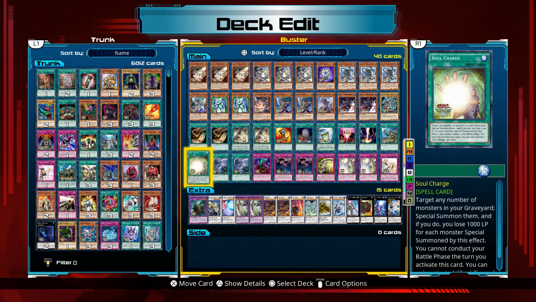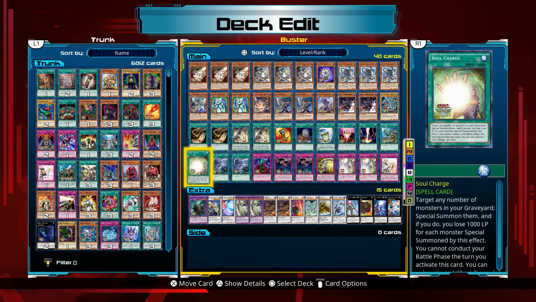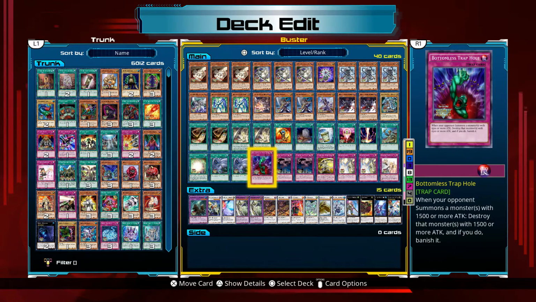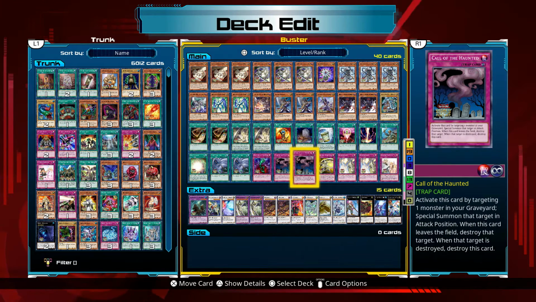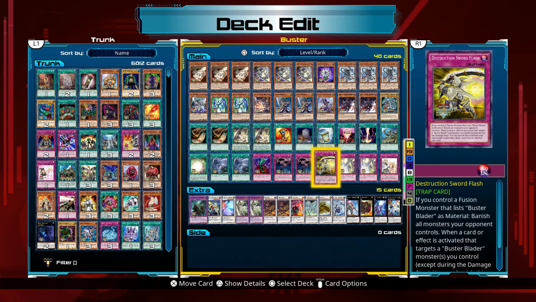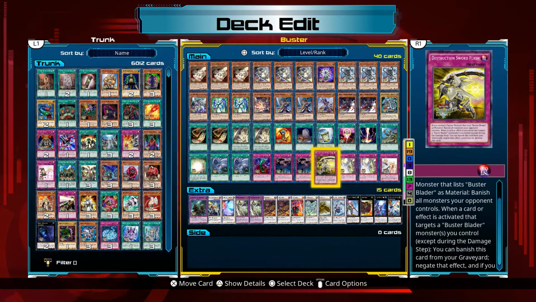Soul Charge, if you watched my video, you saw me use it in the first duel, it was pretty useful. A couple of Twin Twisters, yeah, destroy opponent's cards. You can also ditch cards to your graveyard that you don't need, or to set up. Bottomless Trap Hole. Call of the Haunted works pretty well. Destruction Sword Flash. Now, if you control a fusion monster that lists Buster Blader as a material, banish all monsters